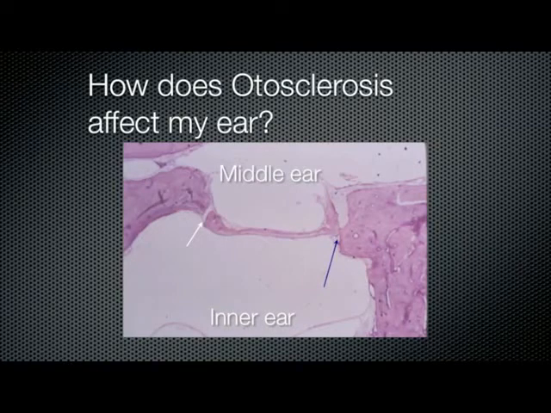This patient may be getting some idea there is a problem. The white arrow points to the normal ligament of the oval window. The blue arrow points to the ligament affected by otosclerosis. This patient probably has a small degree of conductive hearing loss because the stapes can no longer move perfectly freely. However, the problem may not have reached the point where surgery is recommended.